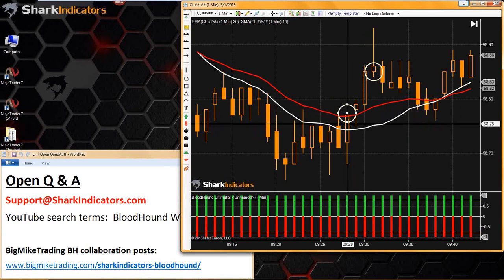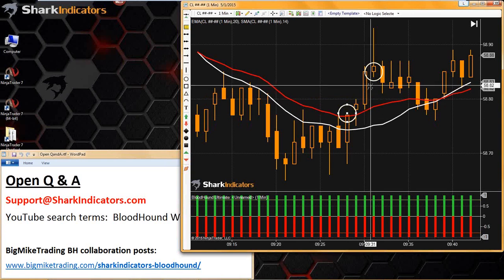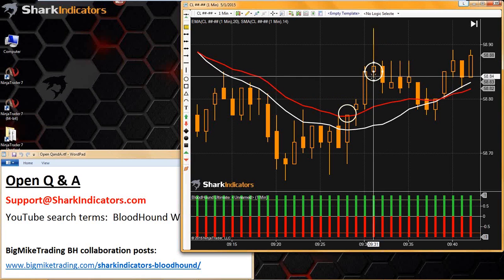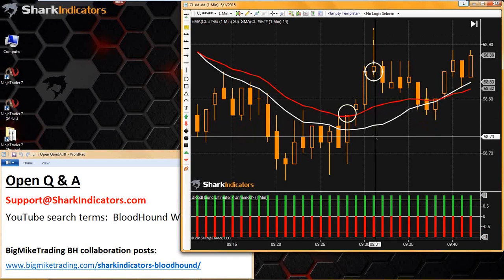So let me repeat what we're looking for here. We're looking to find when the closing price of the bar is within the upper 25%, or if the closing price for the bar is in the lower 25% of the bar. So the way we can accomplish this,